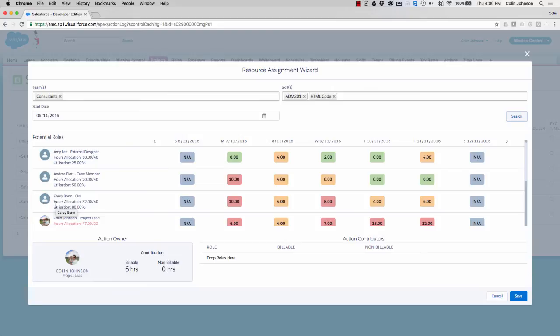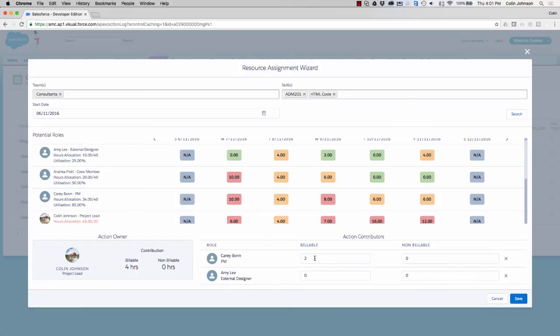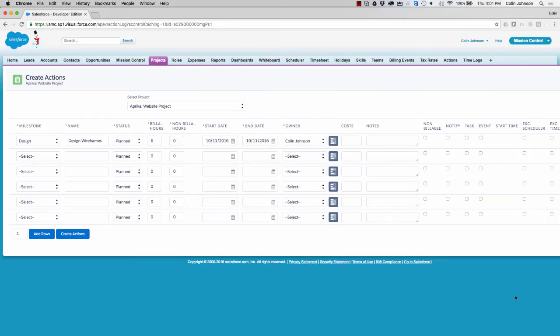So what I'll do is actually leave myself as the owner, but I'm also going to pull in Carey as a contributor. So I can drag Carey down here and say, right, of those 6 hours, Carey's going to be doing 2 of them. As I do that, you'll notice that the hours get allocated to Carey and get reduced from myself. So I might say, actually, we're going to pull in Amy as well. So I'm just going to pull Amy down here, and I'm going to say she's going to be doing 2 hours work as well. And again, that time will go on to Amy's schedule. So once I'm happy with that, I can click on save, and then that record is all done and assigned